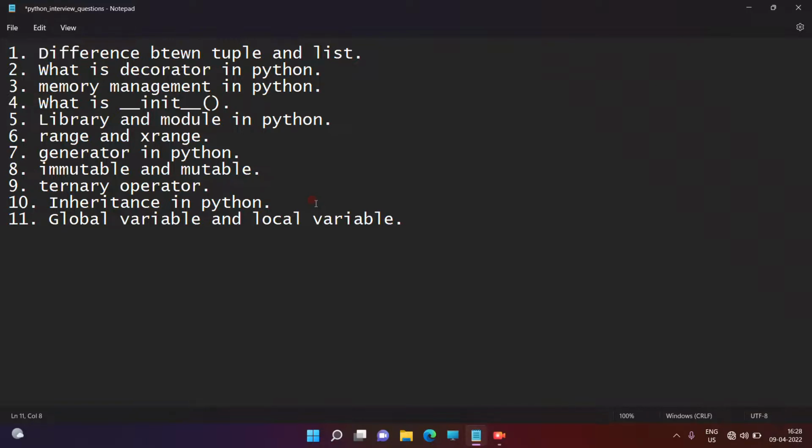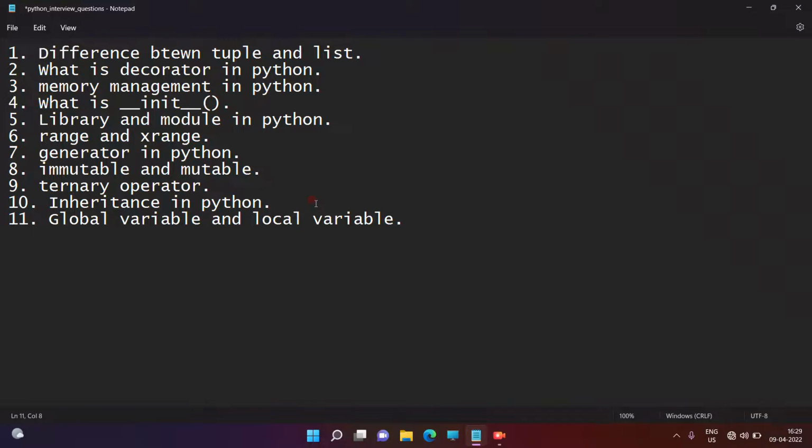And what is a local variable? The variable which is declared in a method or in a function, right guys? What is the meaning of local variable? The variable which is declared and initialized in a method or in a function. All these variables are known as local variables. So the local variable scope is local.